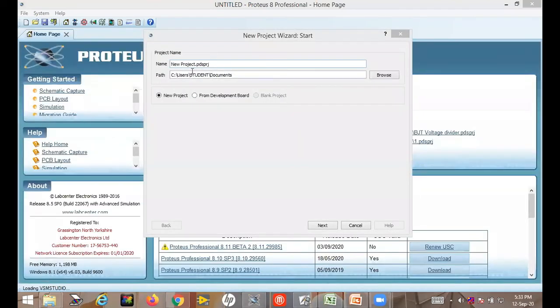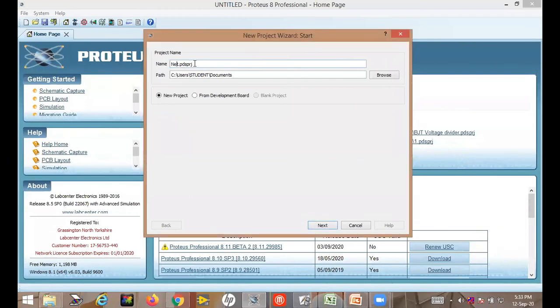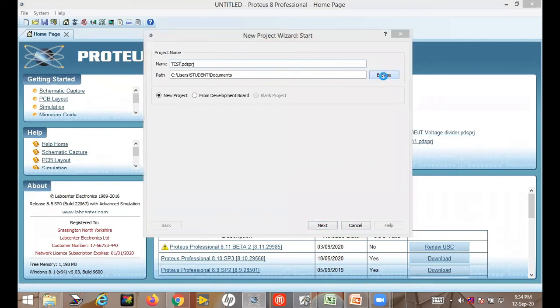Okay, this is the new project wizard, and here in this wizard, what you have to do? First, project name. You have to give the project name. Let project name be test. Okay, then this is the project name option. Here you have to give the project name. Then browse and select the location where you want to save it.